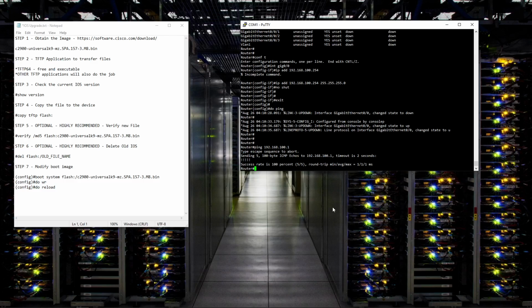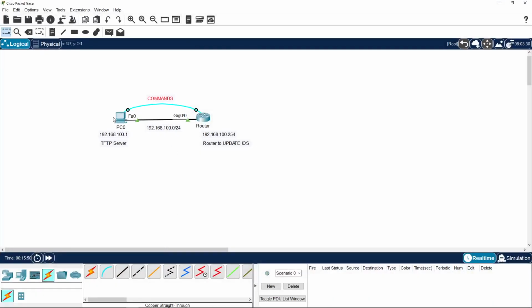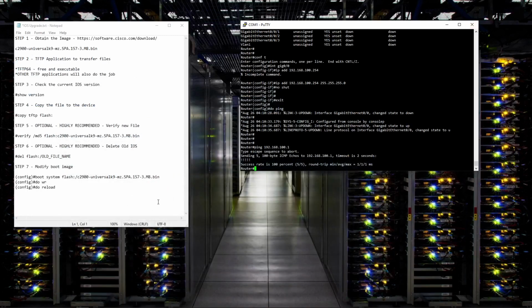Alrighty, cool. Now that we know we have connectivity, now that we know we have two links which are healthy, both the IP link and the serial link, we can now proceed to upgrade the IOS. The first step that we need to take is obtaining the latest IOS. If we are talking about Cisco devices, we can obtain the latest Cisco IOS version by going to